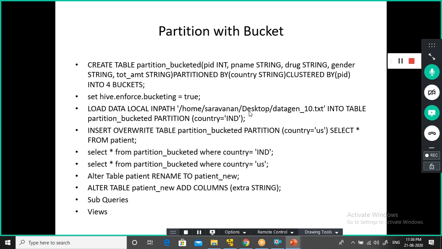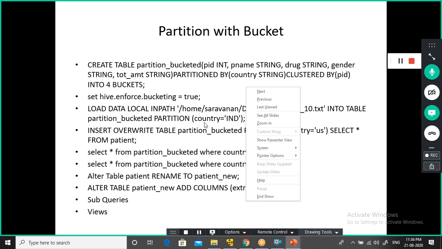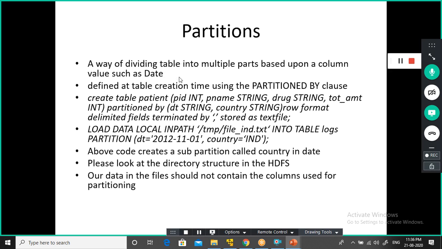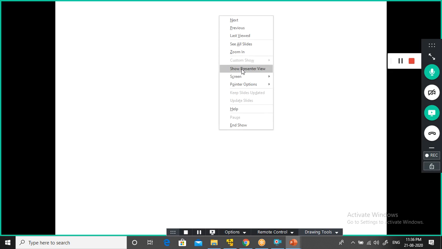Listen, in my table I have 100 million records, and that takes a lot of time. Let's say in my Hive table we have 10 million or 100 million records, and I'm firing a query.